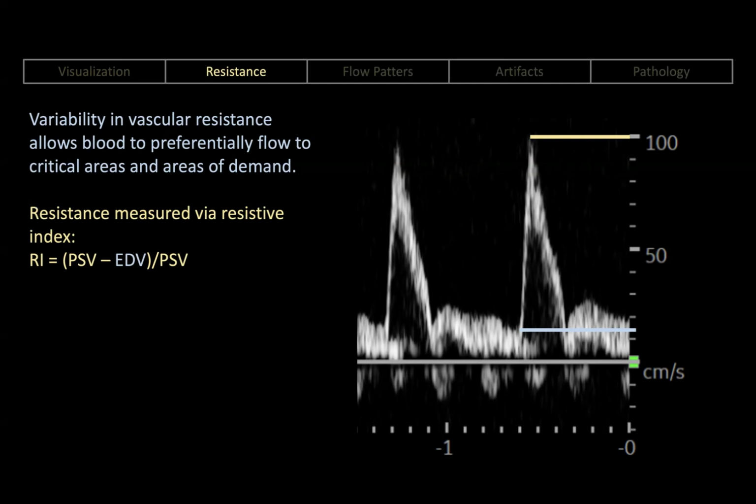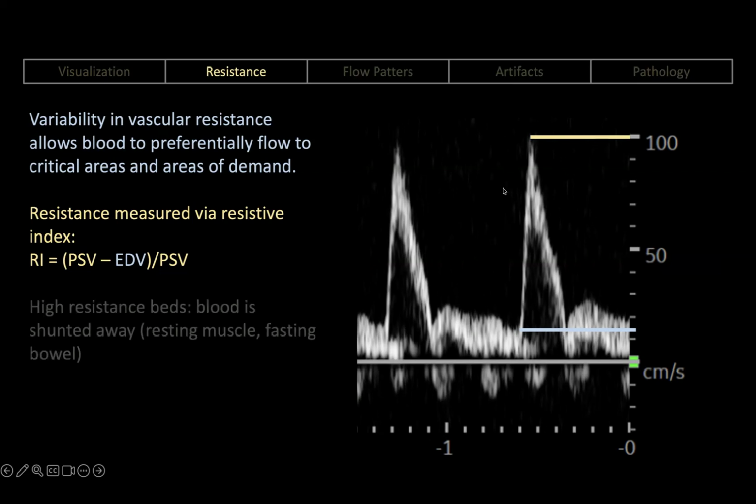So in this particular example here, the vessel is traveling about 100 centimeters per second in systole. In diastole, it's about 25 centimeters per second. So 100 minus 25 would be 75, divided by the peak systolic velocity would give us a resistive index,